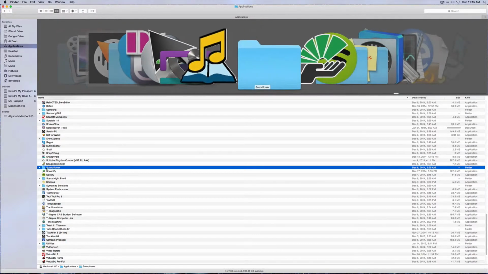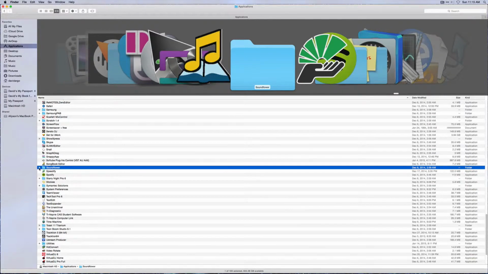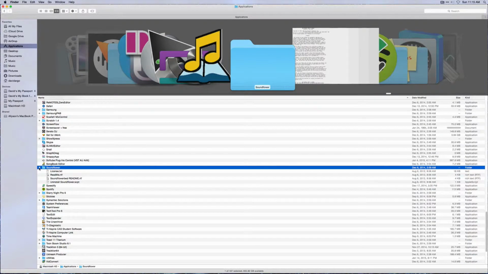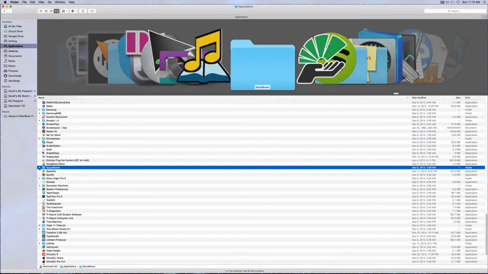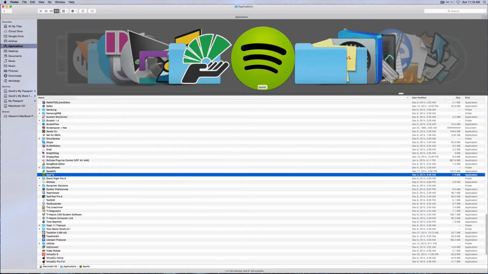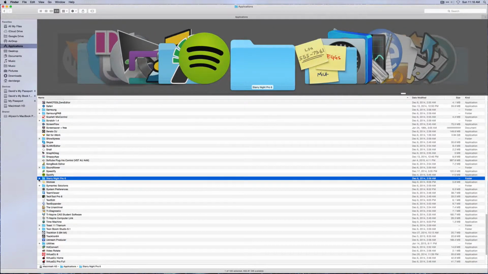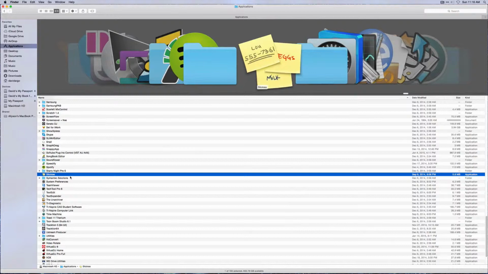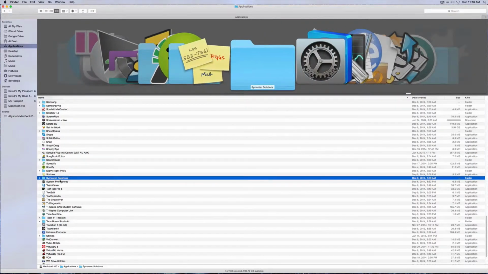I have Soundflower, which is a nice audio management thing. Speedify, which combines mobile and Wi-Fi and Ethernet speeds to create a very fast data connection. Spotify, of course. Starry Night Pro 6, which is some astronomy application that I got with a bundle. Stickies, some Norton stuff,